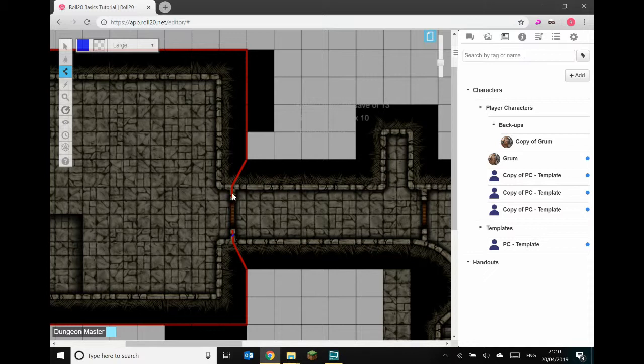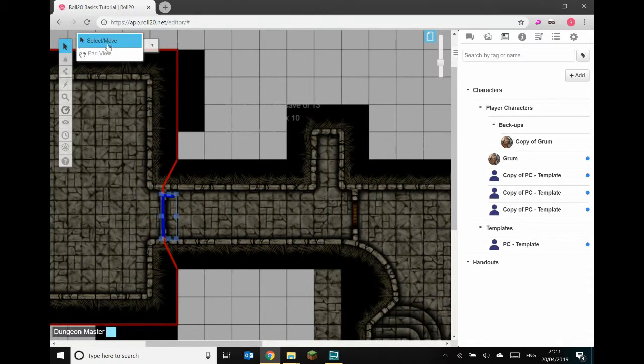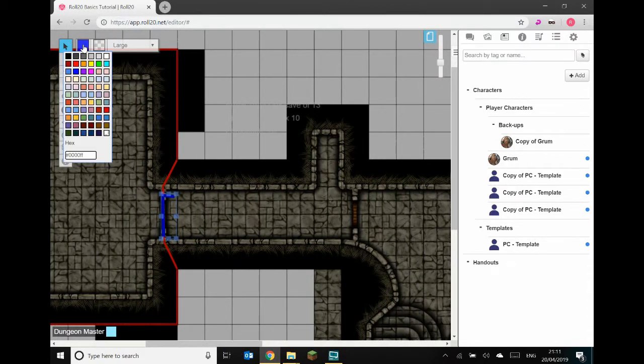I'm going to start there, click again there, and then I'm going to put this sort of tick on it, which I call a handle. And the reason being is when the players actually open that door, I will grab the handle and I will move the dynamic lighting. And it's because we're using blue and red, it clearly stands out. That simple. Okay, I'm going to go ahead now and complete the rest of this dungeon